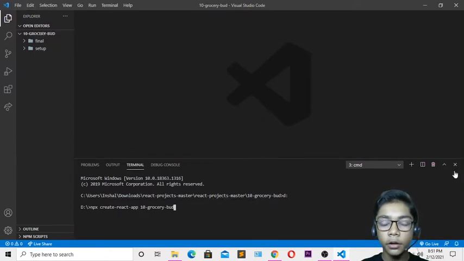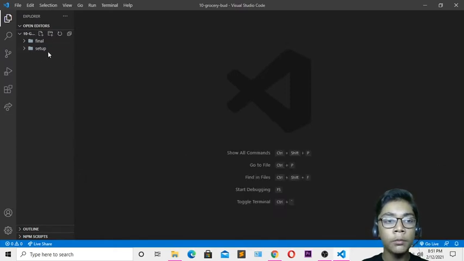And you will be having a folder which is called final, and you will also be having a folder which is called setup. So you do not have to take care of this final folder, because we will be working with our setup folder. So you have to open this setup folder, and you can see in this setup folder we have a public folder, and the second one is called src, meaning source. So I'll be opening this public folder.